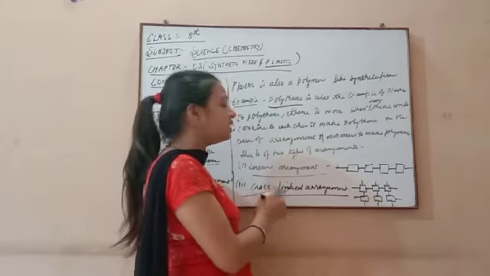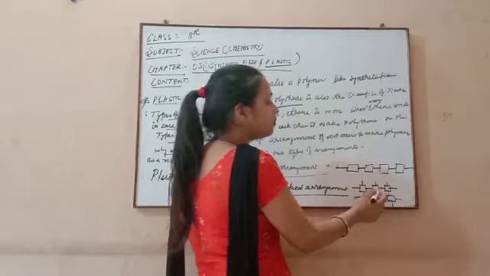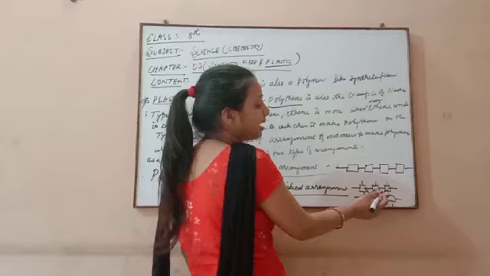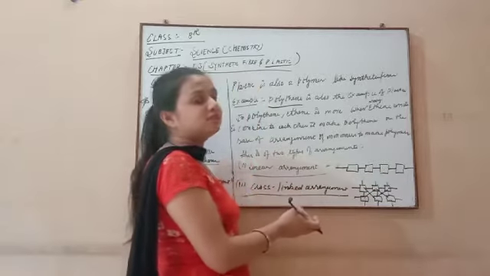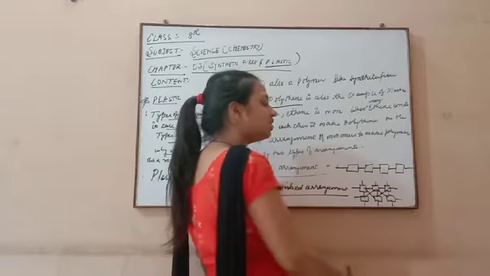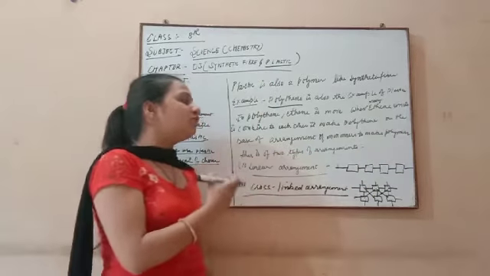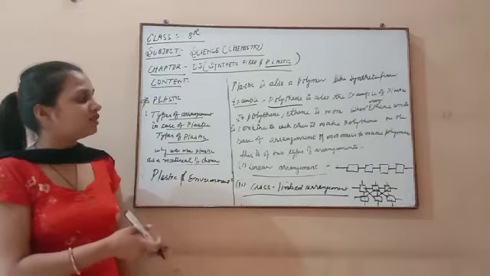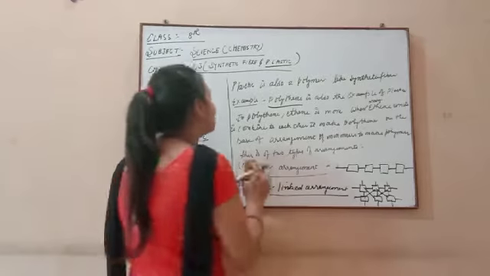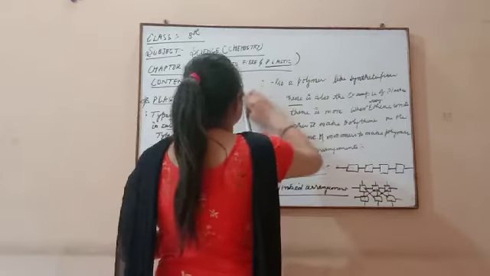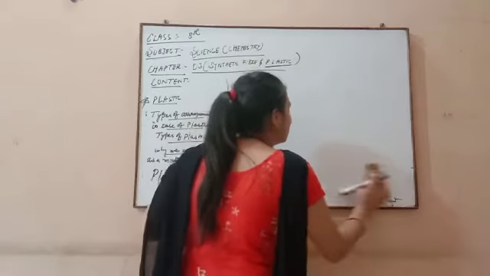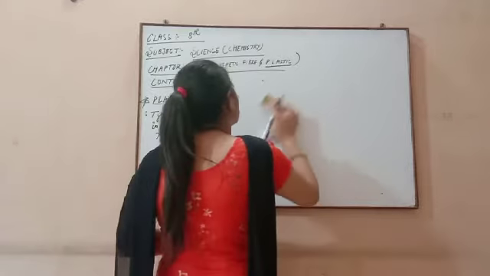And the cross-linked arrangement means these monomers are cross-linked with each other. Cross-linking is also present in this type of arrangement, means they are not in a linear chain only. There is a horizontal chain and also a vertical chain. So these are the two types of arrangement of plastic, on the basis of how monomers are arranged to make the polymer. So here we discussed first the arrangement of plastic and how plastic is made, with the linear arrangement and the cross-linked arrangement.